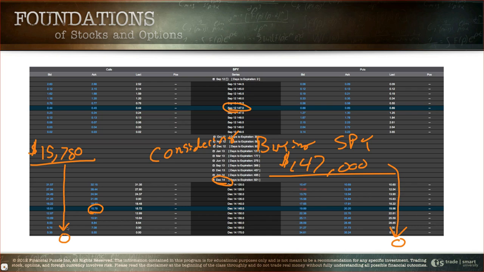Now, here's the issue that some people would come back with. Some people would come back and say, well, if I own the stock, I could write a covered call. And you're totally correct. If you own the stock, you could write a covered call. You can also write a covered call against a leaps option. Now, that's an advanced topic. I'm not going to get into it right now, but you could do it. So in other words, you have the same flexibility, or a lot of the same flexibility, I should say. It's not exactly the same, but you have a lot of the same flexibility doing the leaps position